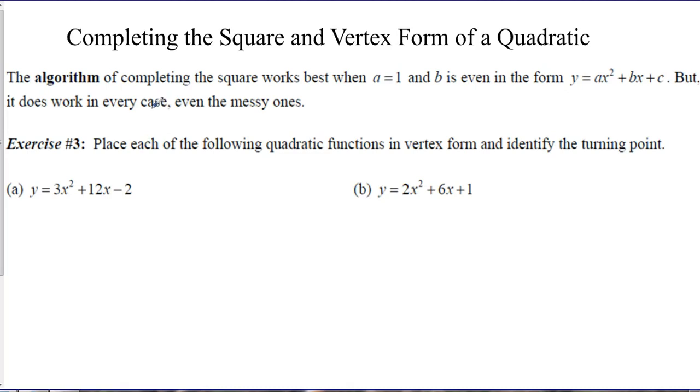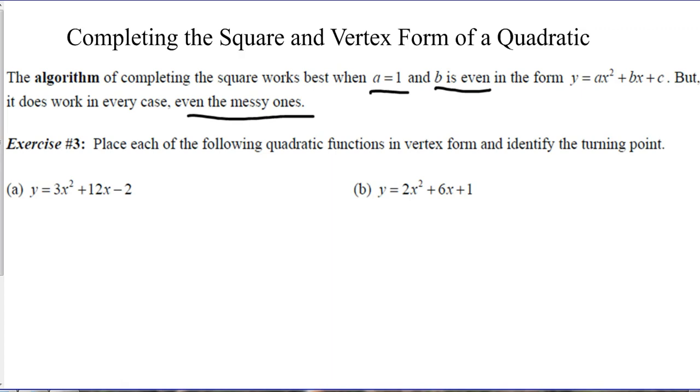In this recording, we're going to continue our study of completing the square, specifically turning it into vertex form so we can identify the turning point or the vertex. As it says here, it works best when a equals 1. We've seen that. You don't have to factor out the leading coefficient. And it works best when b is even as well, because then when you take half of that b value, you still have an integer. But we can do it in every case, even the messy ones,